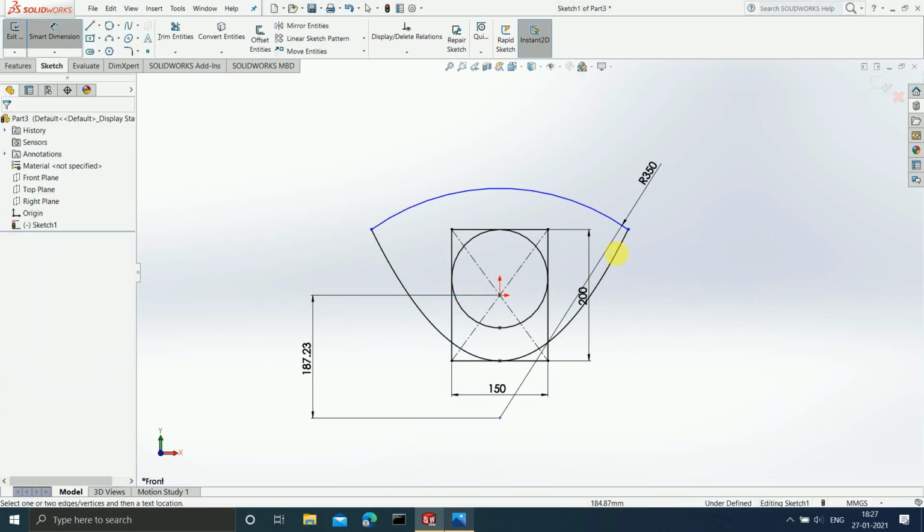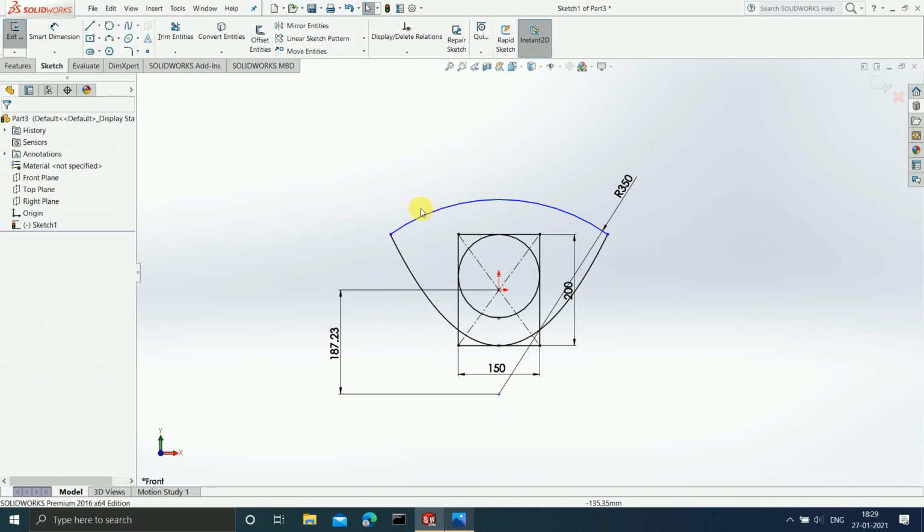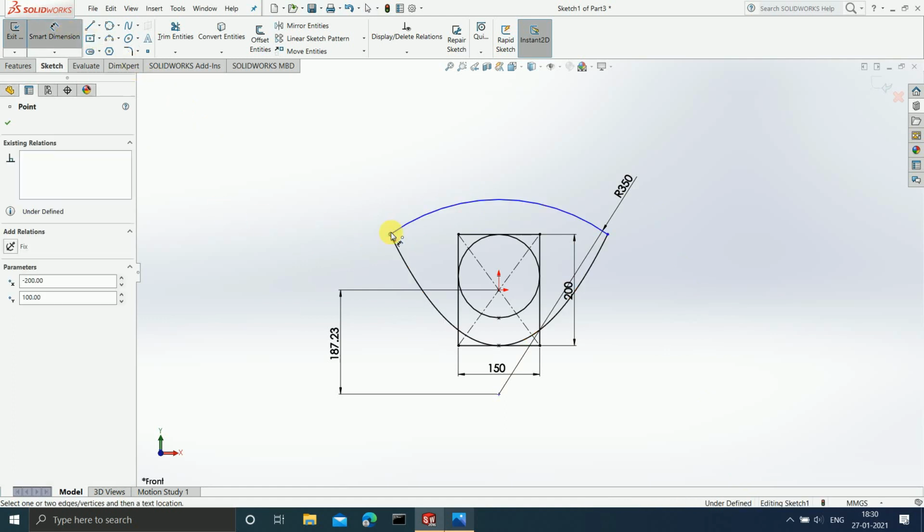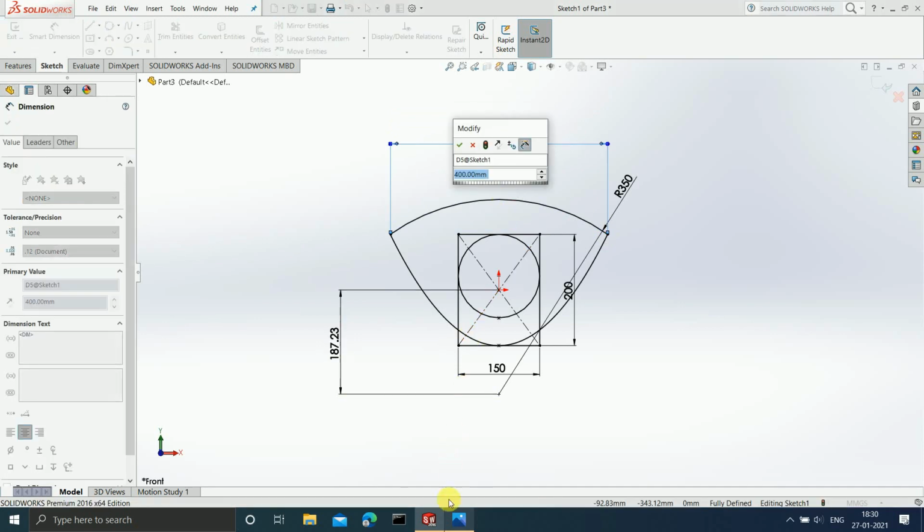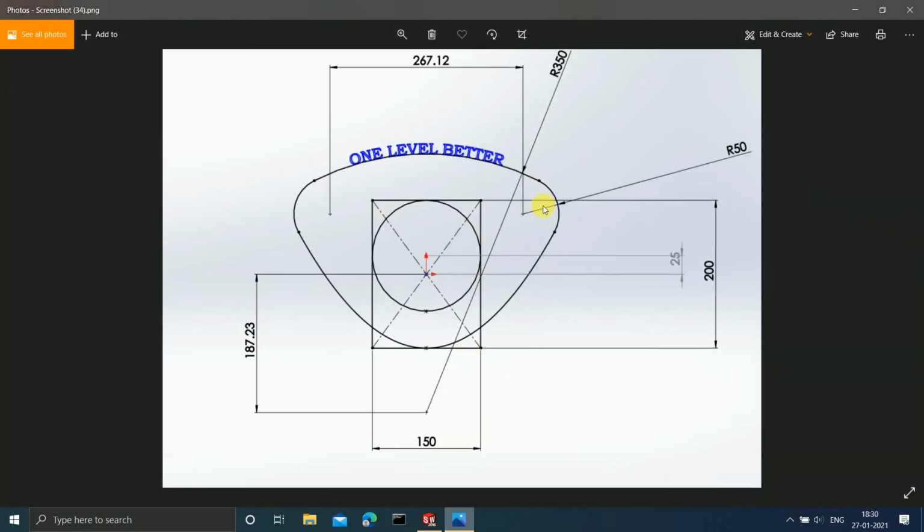Now after this one, if you have defined it, still it is looking blue in color, still it is underdefined. So therefore you have to now add more dimensions to this arc so that it becomes black in color. So I will click on smart dimension, I will click on this point, I will click on this point, and now I am going to add the length of the arc. Okay, so now what is the length of the arc? Here it has already come. I think that when I sketched this, it has got trimmed, it has got above this, but it is going to be 400 as I remember it very well.